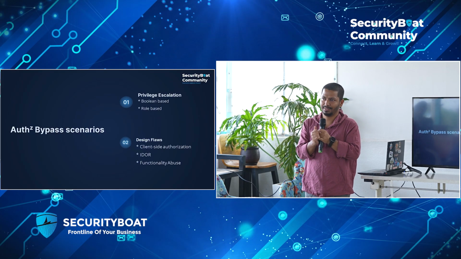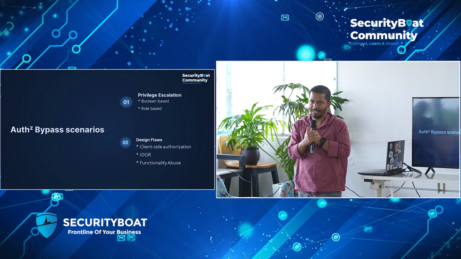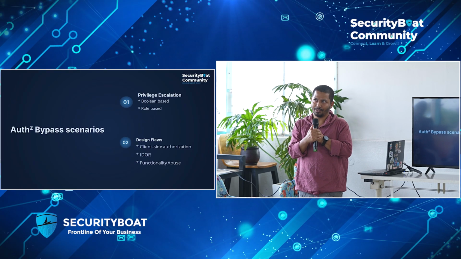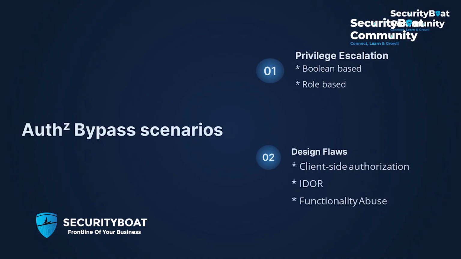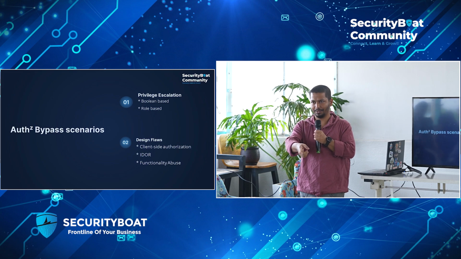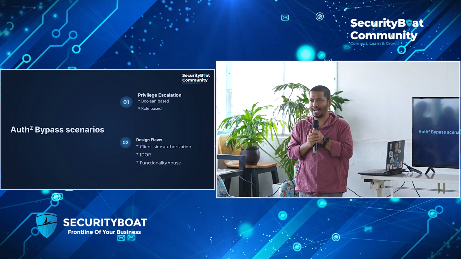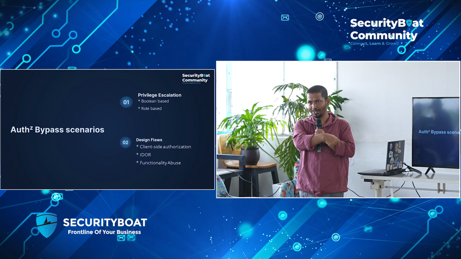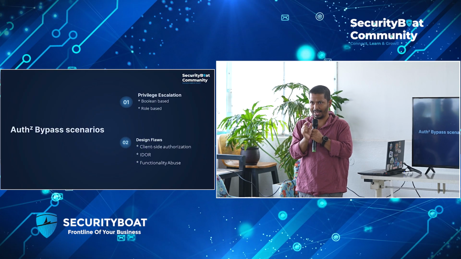Next one is IDOR. You know it, or not? Insecure direct object references. Each and everything, not only in the digital world, in the real world also, we all have our own unique names. Correct? That is your identifier. Without identifier, nothing is there. So, for example, these are collective items like chairs. Here all the chairs do not have any identifier. But if you go inside office space, each desk, table, everything will have an identifier, right?